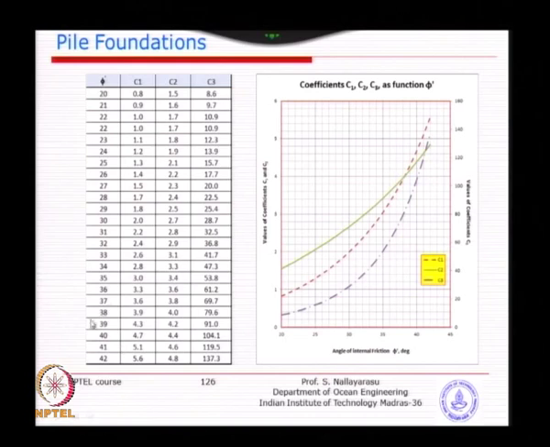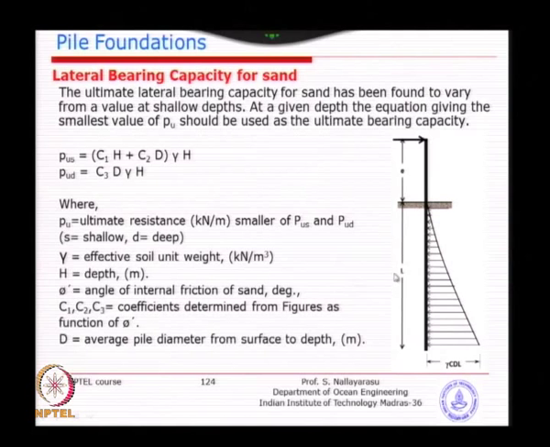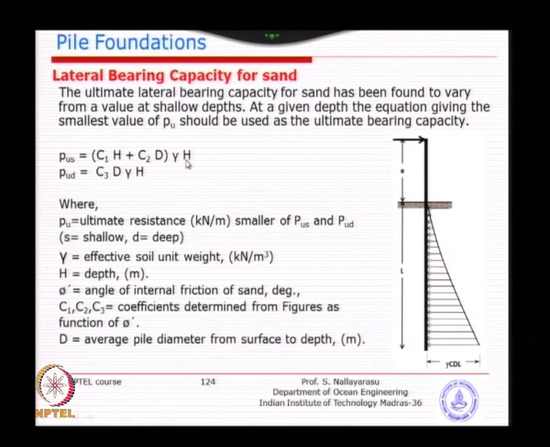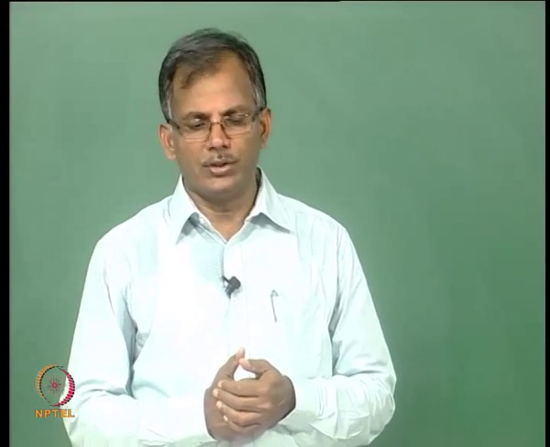Or you can use this table; mostly I will be giving you the graph so that you can learn to pick up the values. So, this ultimate strength depends on the diameter, the density of the material and the depth. Basically, this gamma H is nothing but the effect of overburden. As you go deeper and deeper, the material density is better, and you will see that the soil will provide higher resistance against horizontal loading.